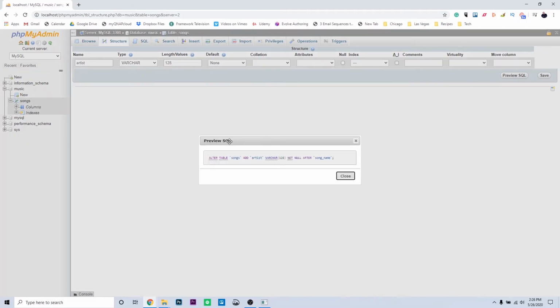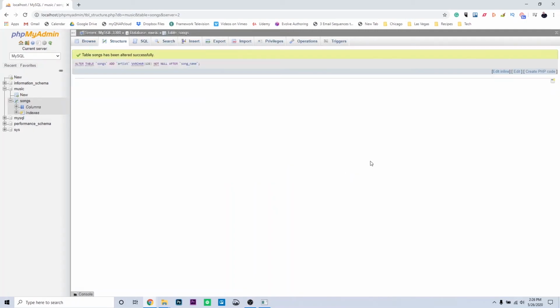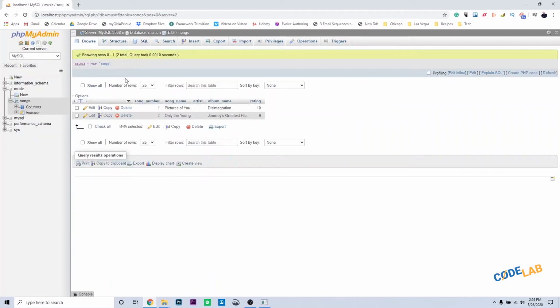We can preview the SQL. This uses the alter table statement. Adds artist, a varchar 128, not null, after song name. Looks good. Let's save. And if we go again and look at the structure of our table, we have song name. But we do have to alter the 2 records that we have in here in order to add the artist information. So I'm going to click edit,